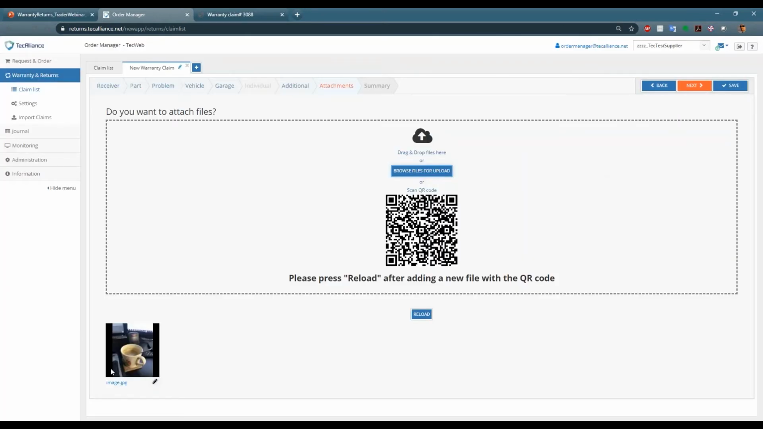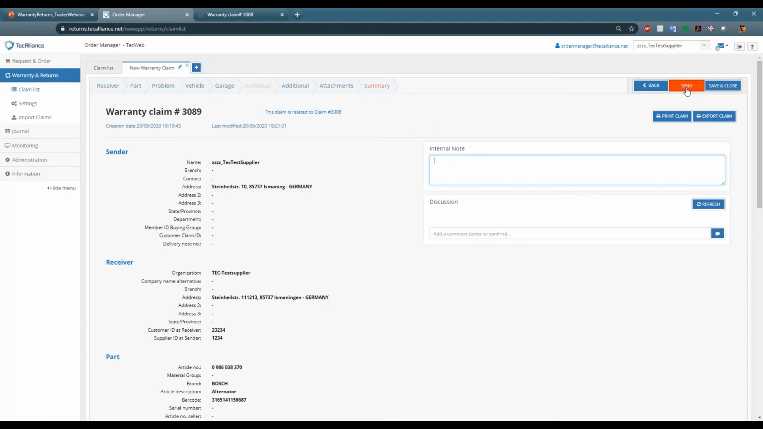I go to next. I still see my picture. I can add another picture if I want, or I can delete this one. I go to next, and I'm again in this summary. This claim is related to the other claim, and here I am. So I'm finished. My decision here is now to Bosch. And if I print the claim now,